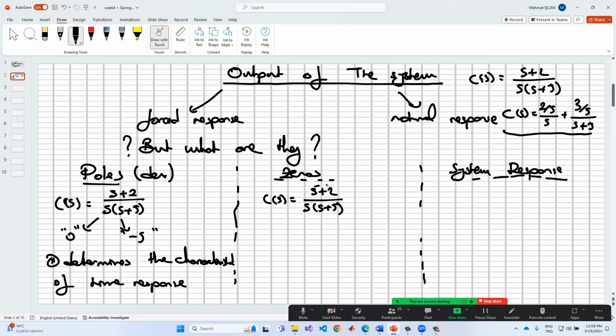Zeros mean that it's directly related to the numerator. Okay, and so we have 1 zero in here, just like this one, minus 2. Okay, and so it determines the output